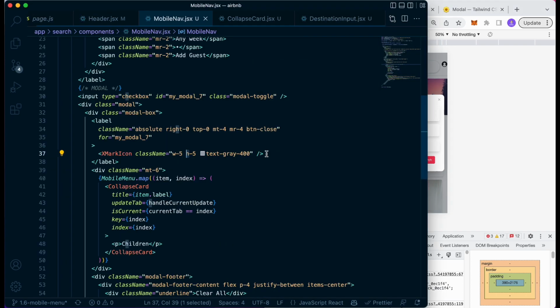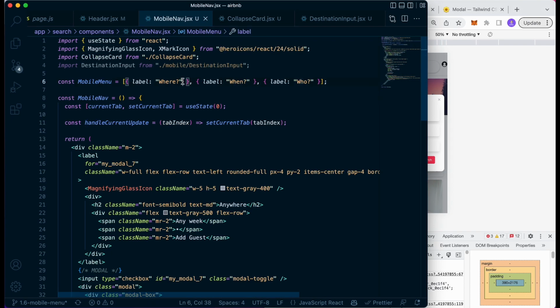But what we can do instead is add another field that says content, and we can pass not only primitive values, which is string, integer, etc., but the component itself. So I'm gonna do destination input,